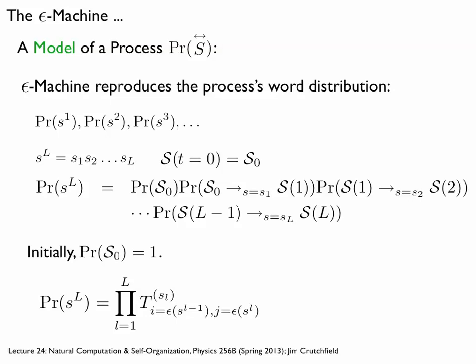I might go from A to B and C on a 0, and then this calculation would branch out. I have to be following an increasingly large number of alternative paths that would be consistent with the observed word. So we talked through that with a simple non-unifilar source. Here, when I write this out, I'm assuming this unifilarity property, so I'll prove that to you. This new presentation of a process is unifilar. In that case, there's just one path for the machine for every word.